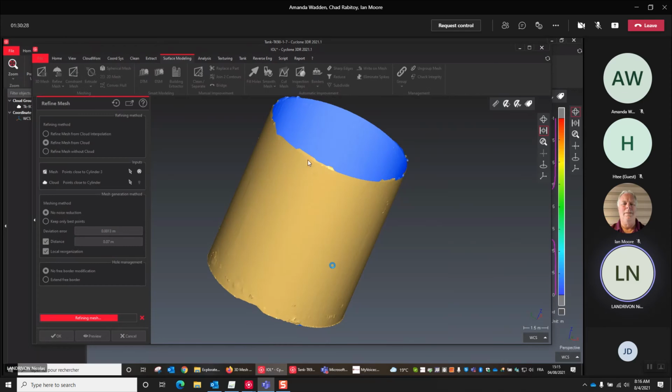Just an idea. It's not necessary to get a mesh with a lot of details, but too many details with noisy points. The idea is to have something smoother. So to do that, you probably need to start meshing in two steps with a lower sampling distance than the default one. So use 5 centimeters, something like that, and after try to refine the mesh from cloud interpolation and use the default value.